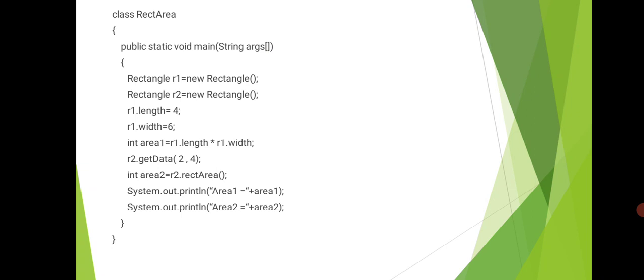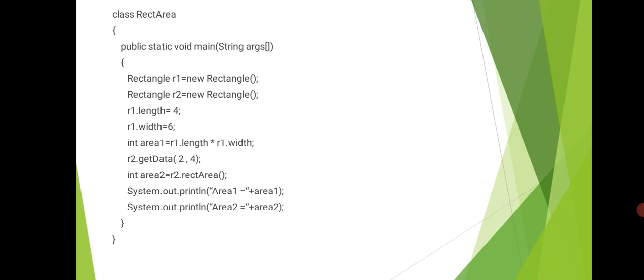So it is created using new operator. When you are executing the program, R1 and R2 is allocated, created or instantiated. When it is instantiated, it will create a memory for instance variable, that is length and width, R1 having its own length and width, and R2 is also having its own length and width. Okay, so here we are using two methods. One is directly we can assign the values for a instance variable using object name. Other method is through methods we can initialize the values for the object, that is instance variable.